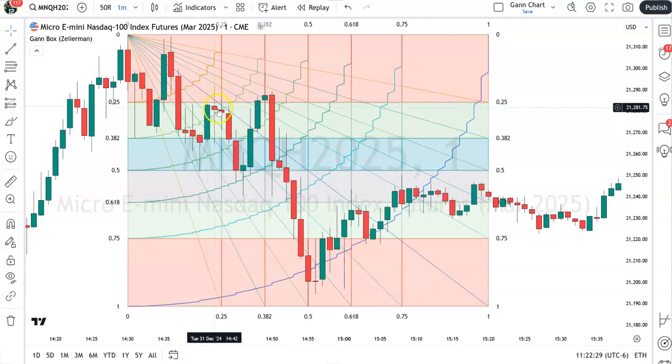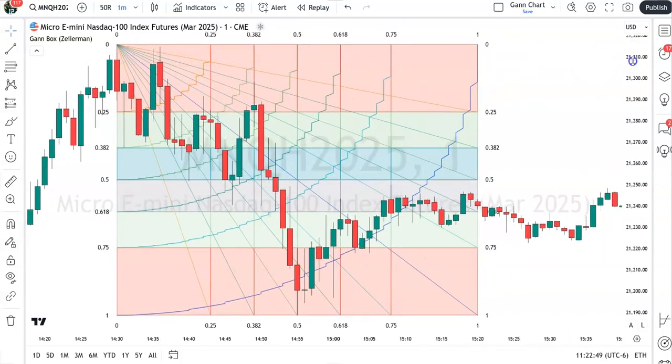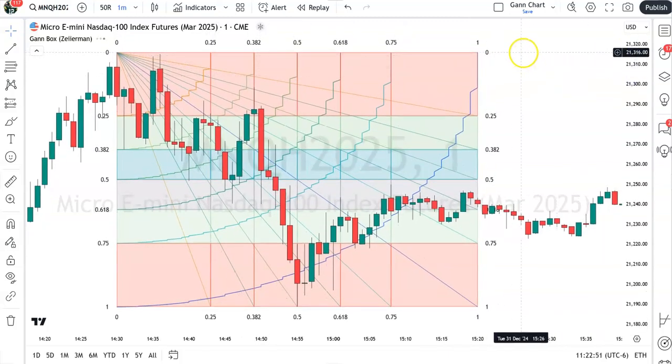Here again, we wicked through, but we couldn't. Down. We finally get down to the 382, but what happens? We get rejected up, and now this may be a time where we possibly want to enter. We know we're not going to get much higher. You could put a stop up here with a lot of security, knowing that it's not going to probably go